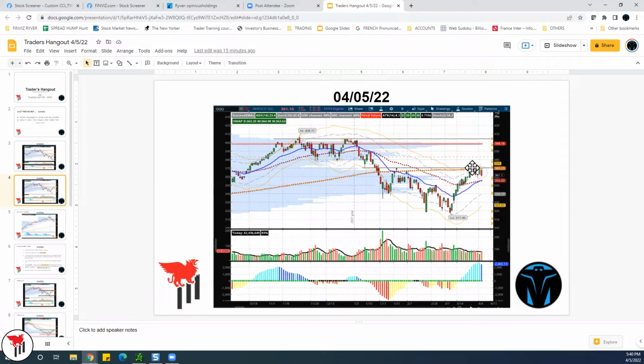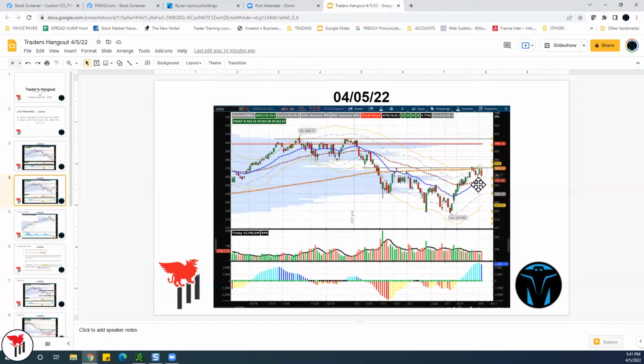Then we have 1, 2, 3. We call this one per book a buy setup, meaning it's a pullback into a support line that we know is a 360. So we know 360 is a reference level. So as soon as you see the hammer, that's one of the days when I'm looking at hammers, right? So yesterday we have the news, we have the Twitter news, Elon disclosed his position. We're going to talk about how to find those basically. And that was just a bullish day, you know, trend day for the Qs.